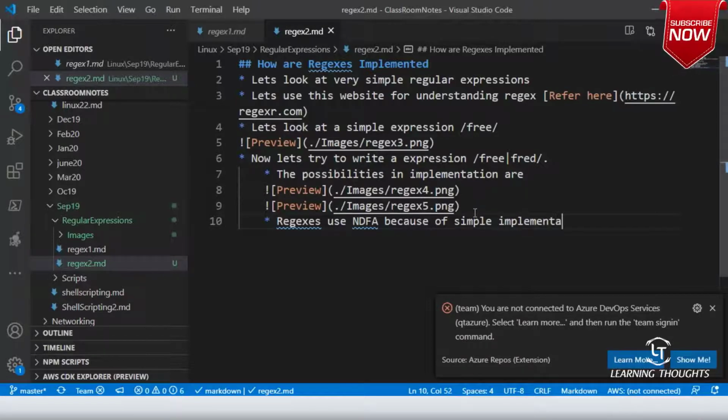So deterministic finite automata is efficient, whereas non-deterministic finite automata is easier to implement. Okay, that's the reason. Your regular expressions are implemented in non-deterministic finite automata in most of the cases. In most of the cases. Am I clear on this, sir? Right? Okay.